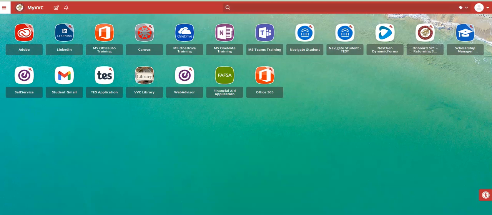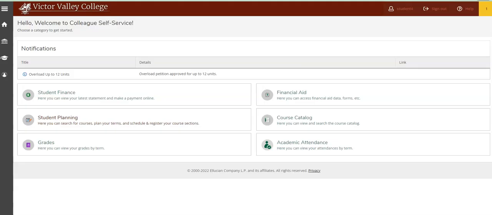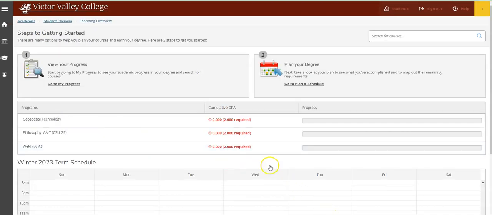In fall 2022, Victor Valley College is releasing student planning. To access student planning, go to your MyVVC dashboard and click on the self-service icon. You'll be redirected to the self-service menu, and to access the student planning tool, click on the student planning card here. Once you get to this screen, you'll be redirected to the overview screen that will give you a glimpse